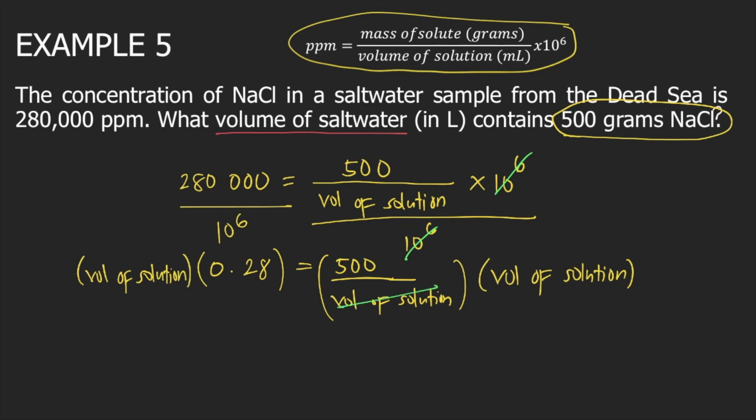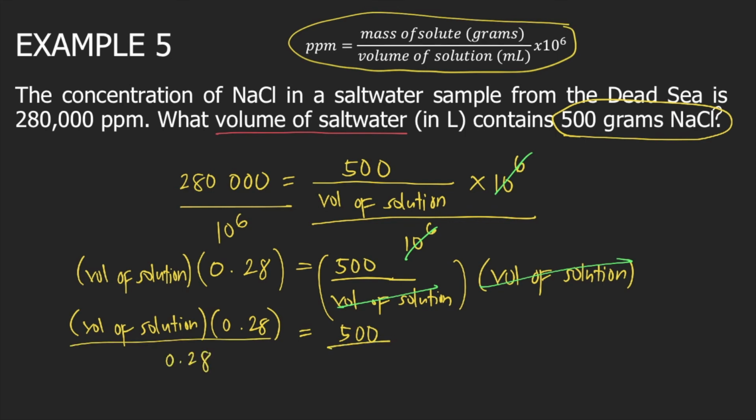Volume of solution will cancel on the right side, and what remains on the right side is 500. And on the left side, you have volume of solution times 0.28. Divide both sides by 0.28. So 0.28 will cancel, and what remains on the left side is just volume of solution. And on the right side, 500 divided by 0.28, this is equal to